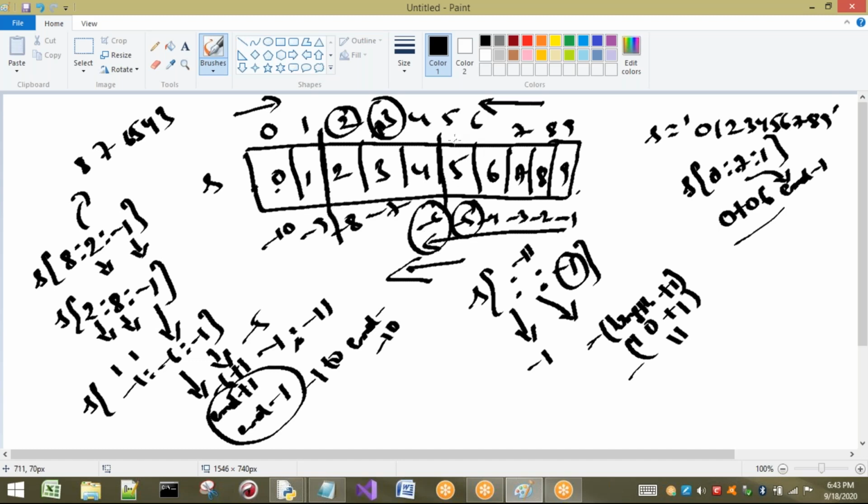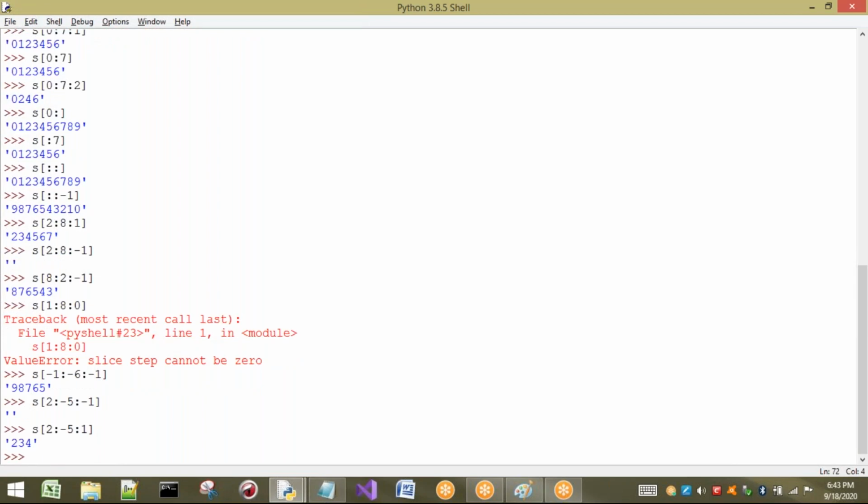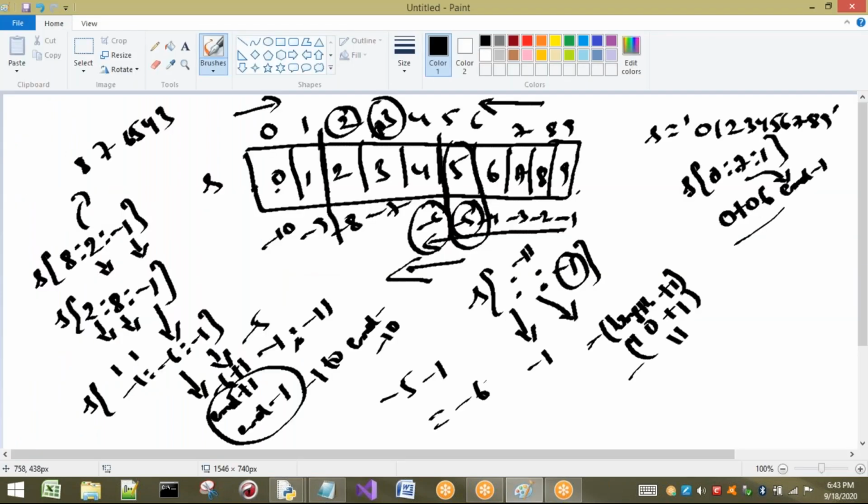So minus 5 means this value. I am going to take from forward direction, so I have to do end minus 1. End value I have taken as minus 5, minus 1, it will give you minus 6. In minus 6, only up to 4 is there. We are going to get 2, 3, 4.